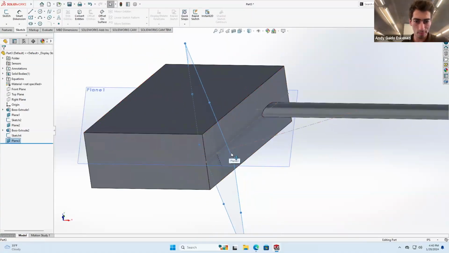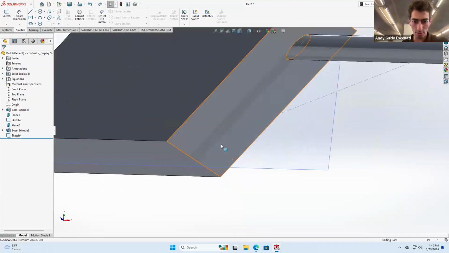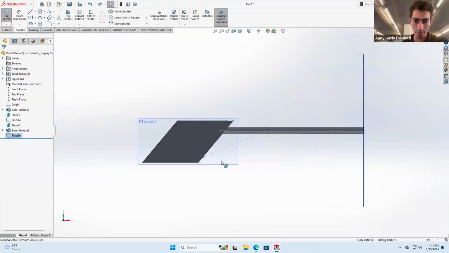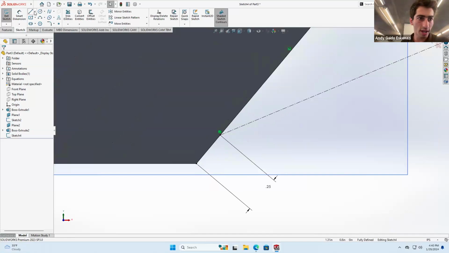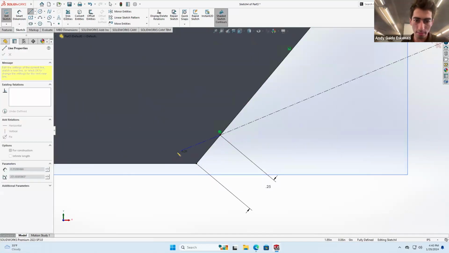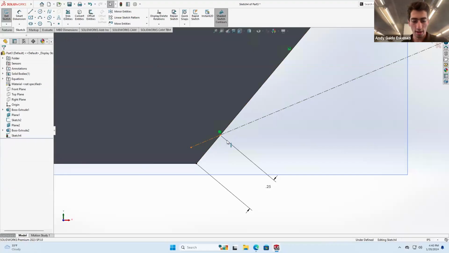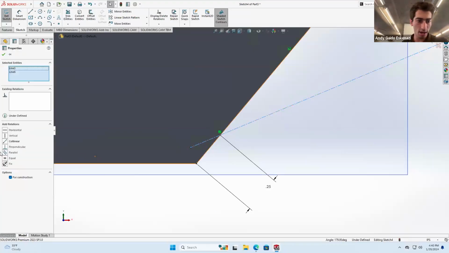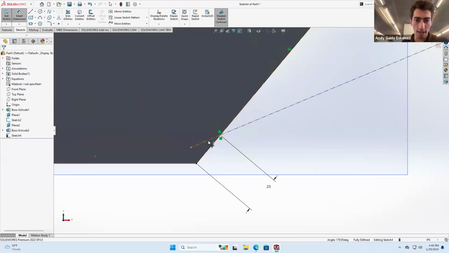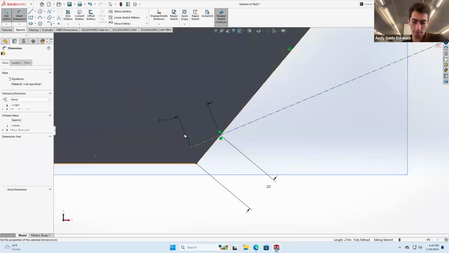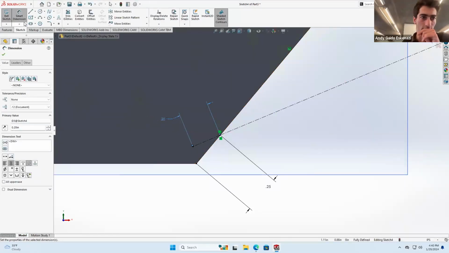Actually, before I do, I'm going to Control C. I'm gonna go back to this line, and I'm actually gonna extend it a little bit more. You'll see why in a moment. I'm gonna click on that one, click in there, and I'll say collinear. And I'll make that length be some random length, maybe 0.2. And now this is gonna work, because